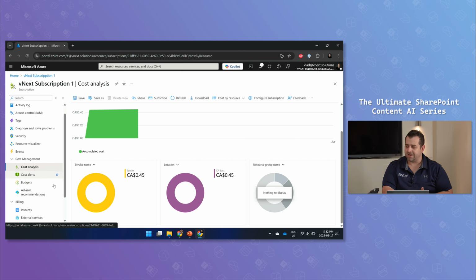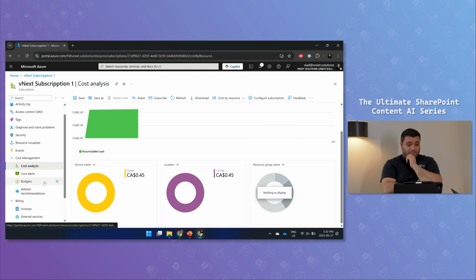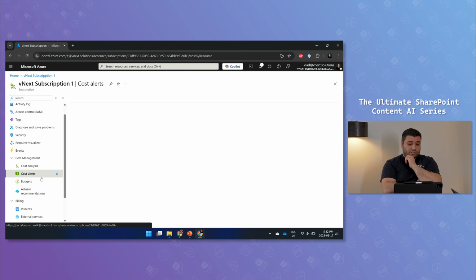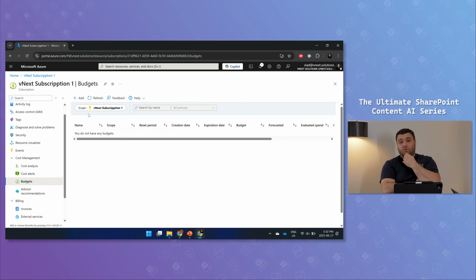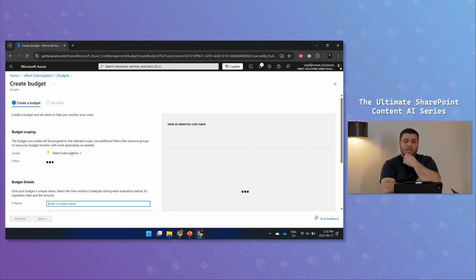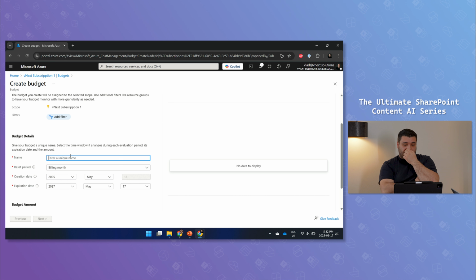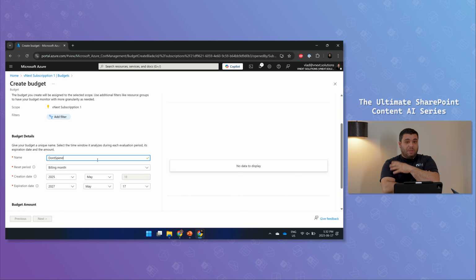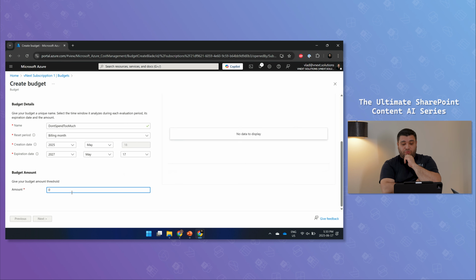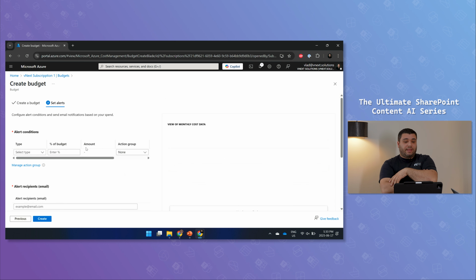Gokan, if you want to talk about it, I'll click. Well, yeah, you can go on cost alerts or on budgets. What we also do is we have alerting on our budgets. It's an Azure functionality, nothing really to do with Content AI, but you can definitely tell it, hey, don't spend that amount of money on that. And then you can just give a limit. We did that in our first, we give them like $100 for a month, and then they can just do